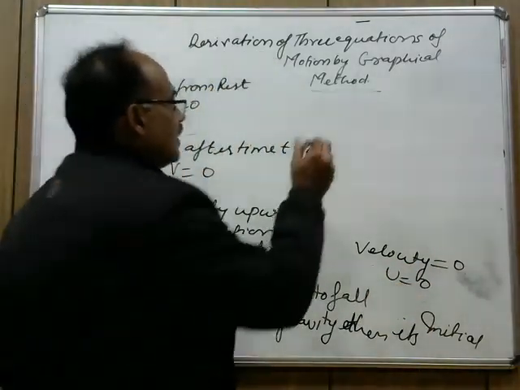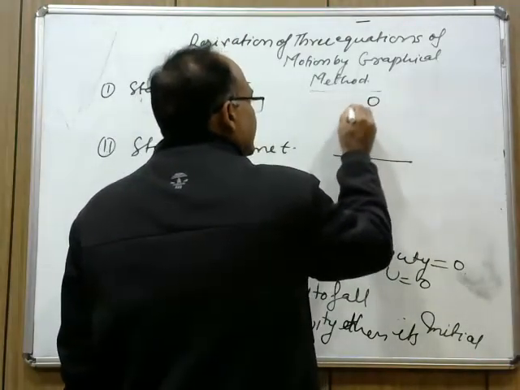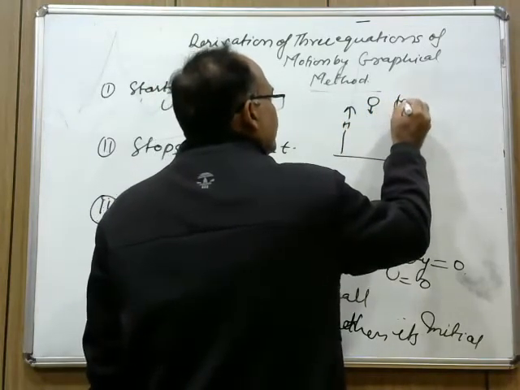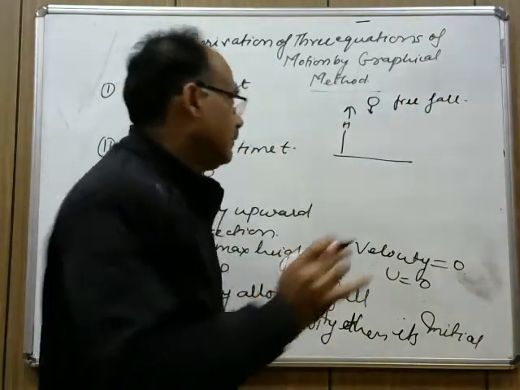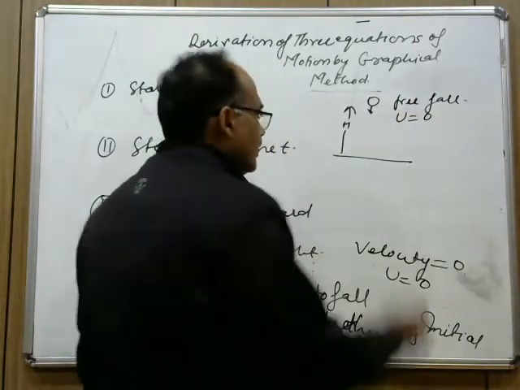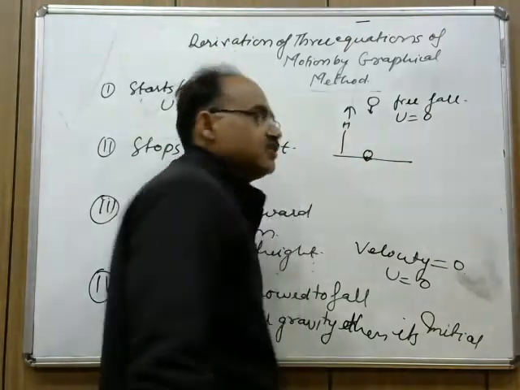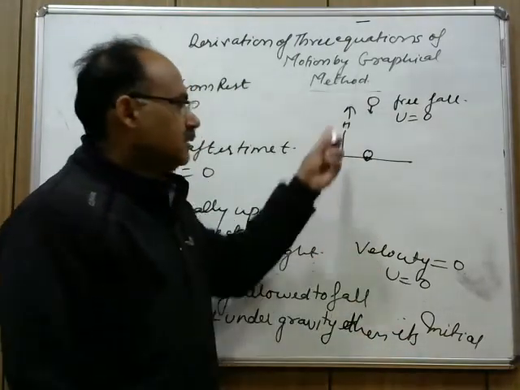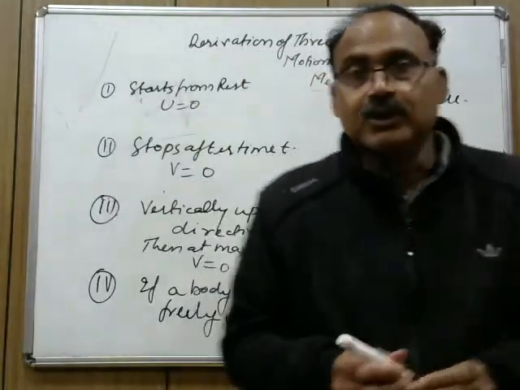अगर कोई बॉडी फॉर एग्जाम्पल यहाँ से, जैसे ये सरफेस है, यहाँ बॉडी है एच हाइट पे, अगर इसको अलाउ किया फ्री फॉल के लिए, free fall means it is dropped from that height, then its initial velocity U is equal to 0, and you can calculate the velocity of striking at this point, if you know this height or you know the time for which this is falling. So these are few tips which you should remember,